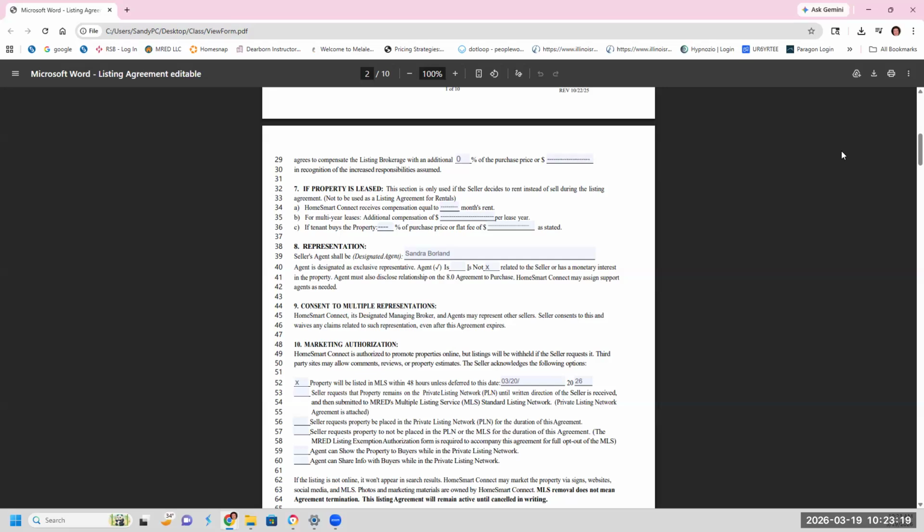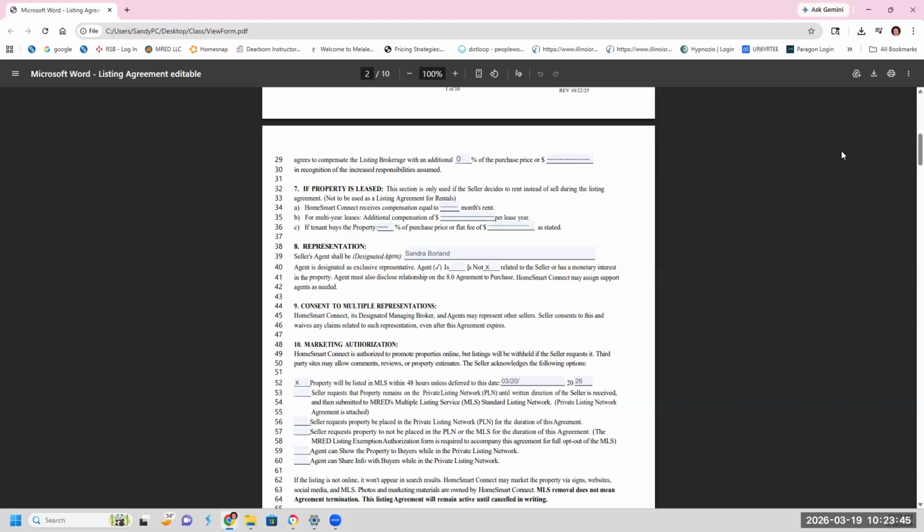This section is only used if the seller decides to rent instead of selling during the listing agreement. This is not a rental listing agreement. This is what if your seller surprises you and decides to put a tenant in. If you think your seller is going to pull a stunt like this, you probably need to fill out this paragraph to protect yourself.